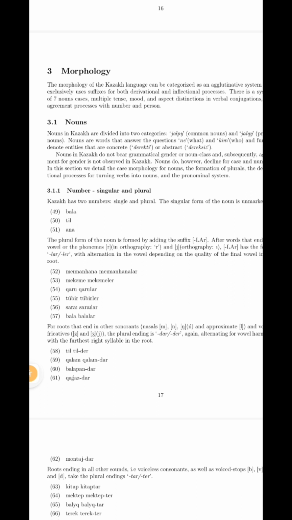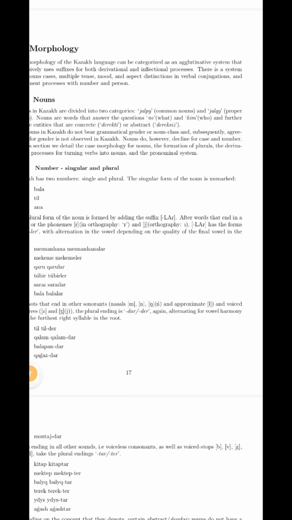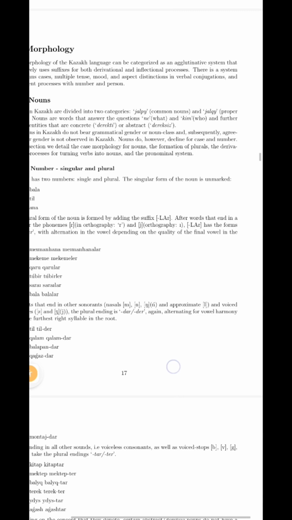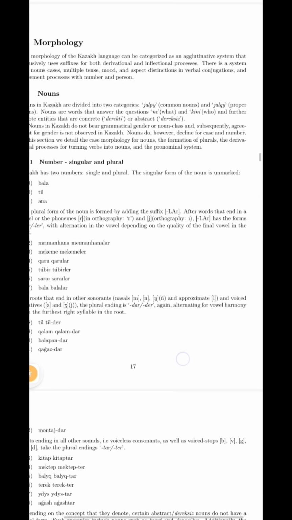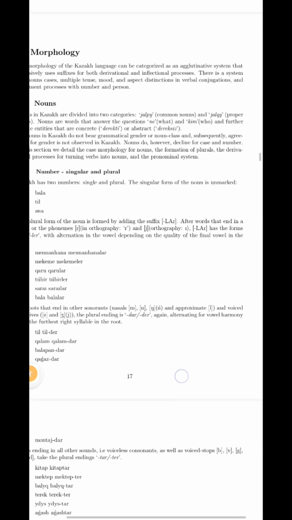The plural form of the noun is formed by adding the suffix lar. Not only lar, but also ler, tar, dar, and so on. It depends on the ending. So the suffix has different forms, with alternation in the vowel depending on the quality of the final vowel in the root. Okay? For example,